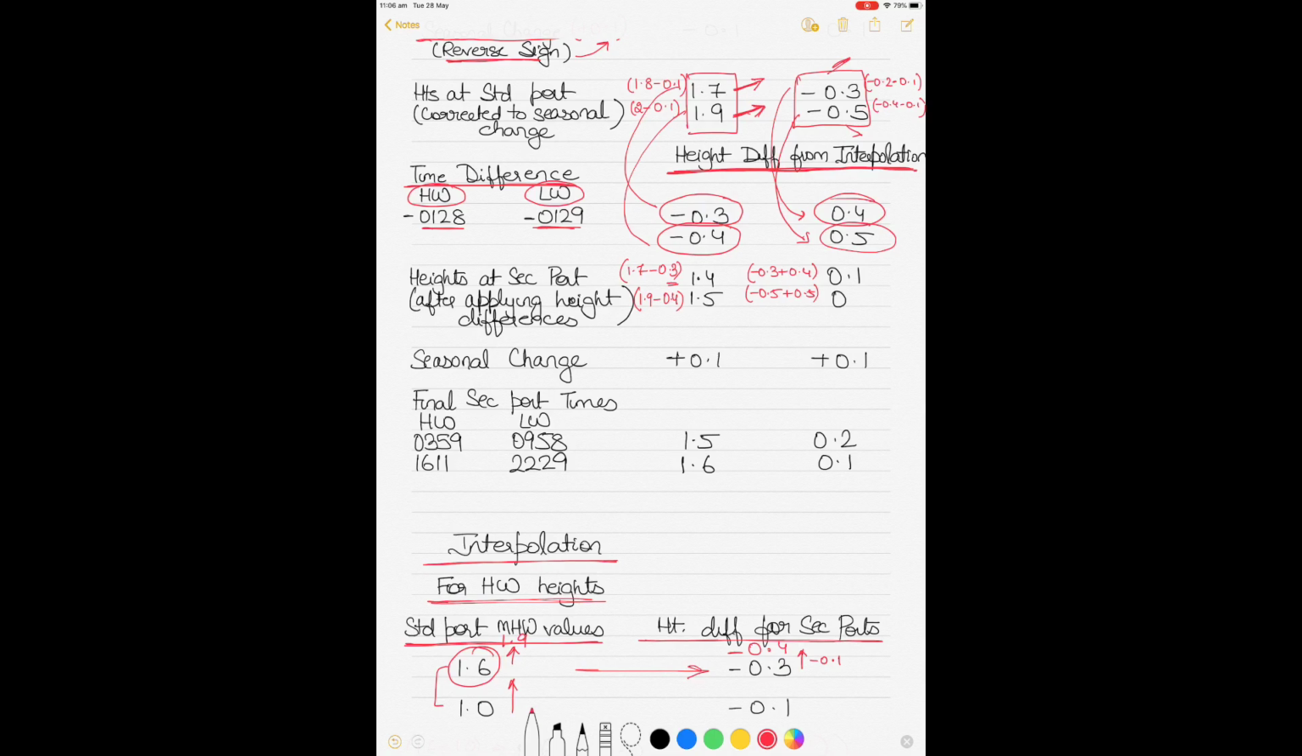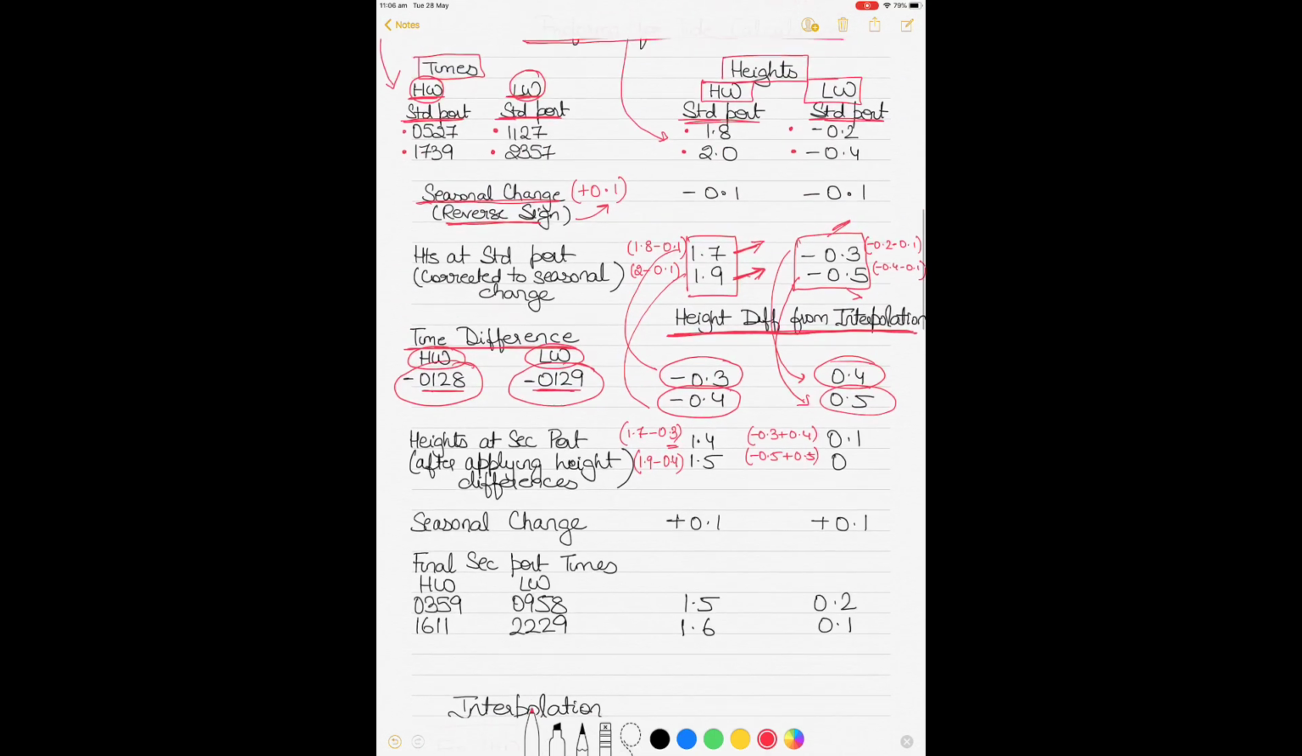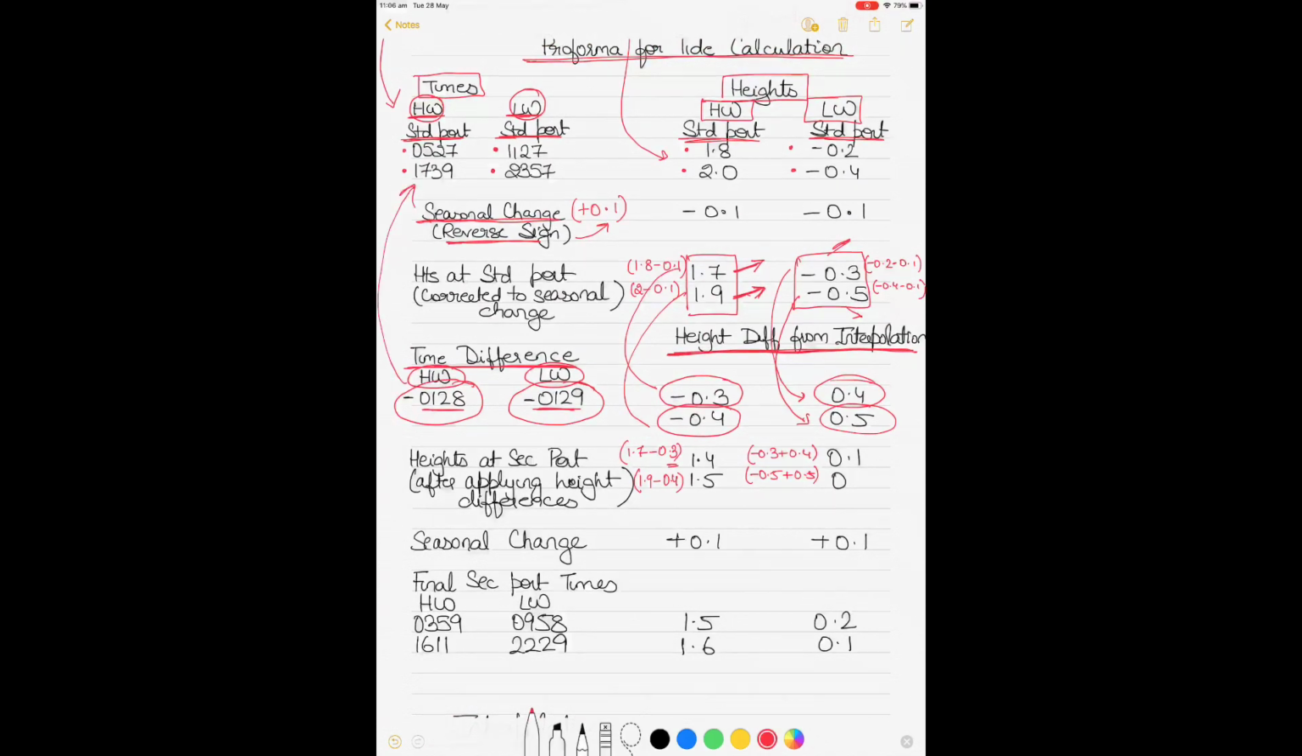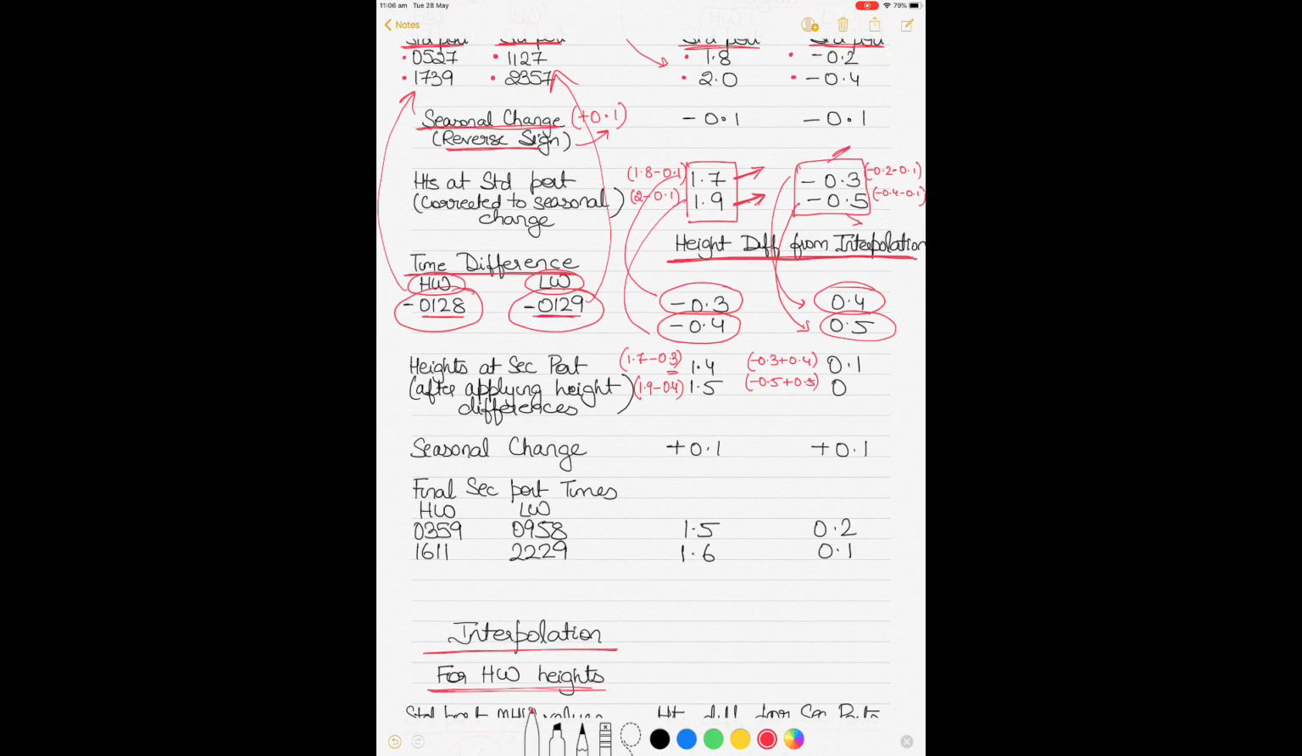All right, and then we apply the time differences of minus 0128 and 0129 to these times here. So 0527 minus 0128 will be 0359. 1739 minus 0128 will be 1611. Similarly, 1127 minus 0129 will be 0958, and 2357 minus 0129 will be 2229. So we get the final secondary port times here,